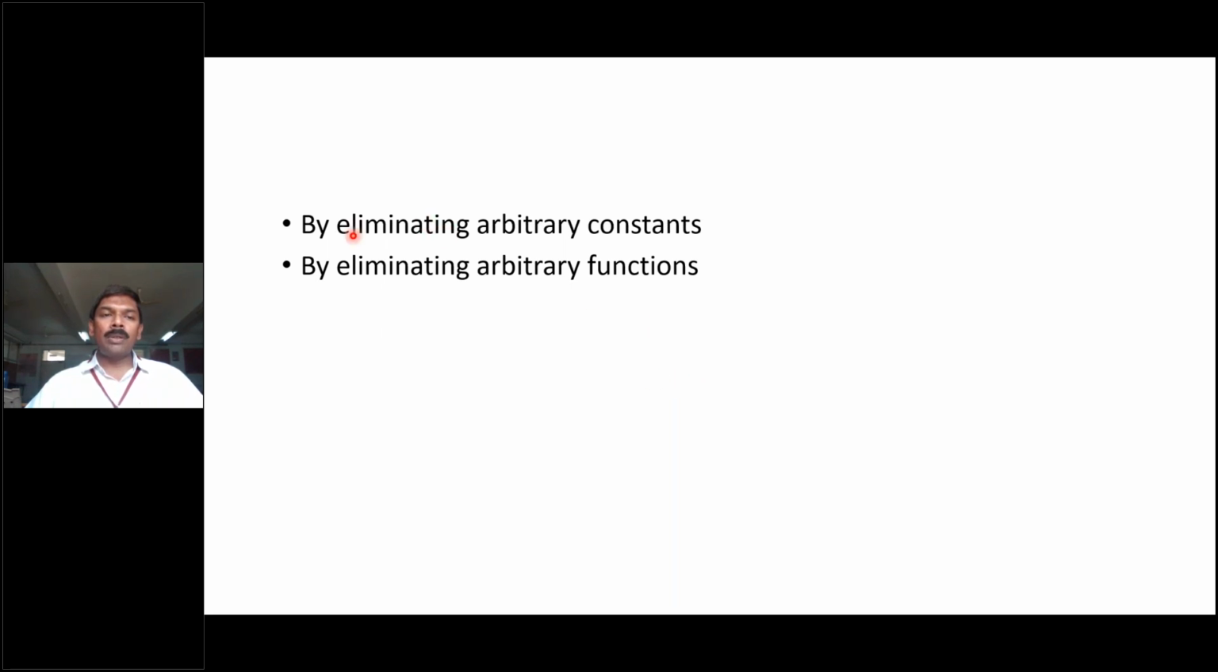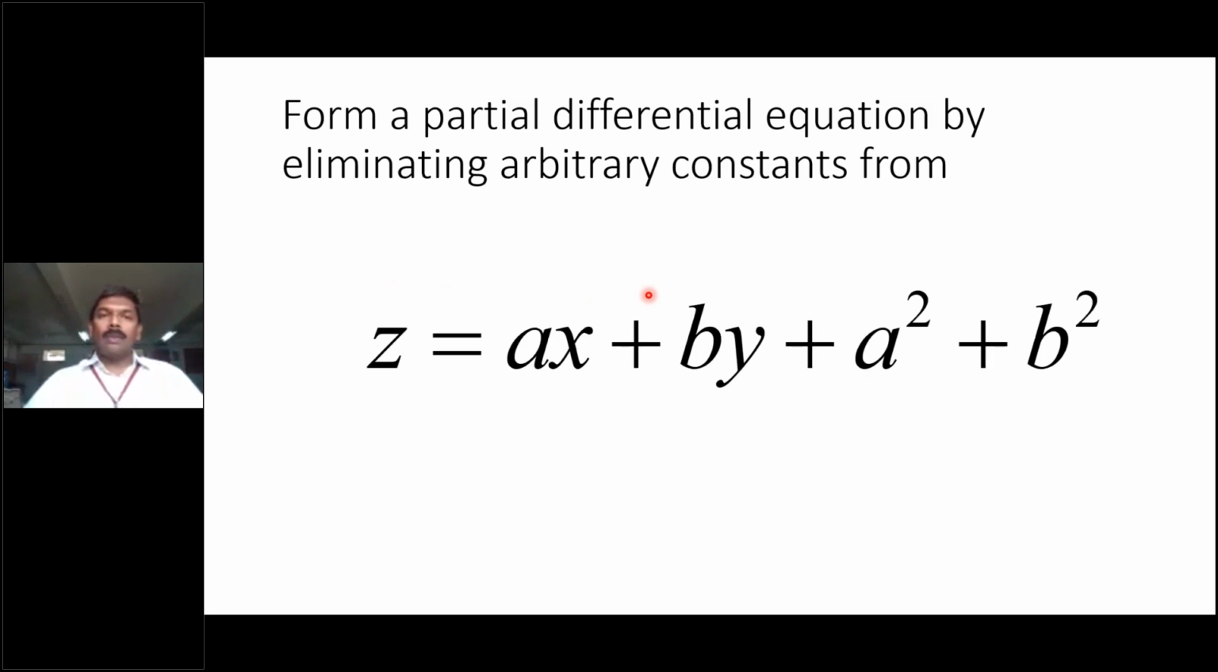We do formation in two ways. First one is by eliminating arbitrary constants. Second one is by eliminating arbitrary functions. First we study by eliminating arbitrary constants. So we'll take an example. Form a partial differential equation by eliminating arbitrary constants from z equal to ax plus by plus a square plus